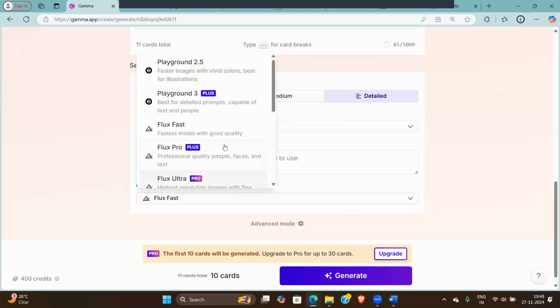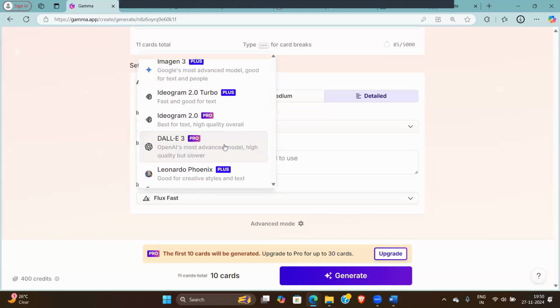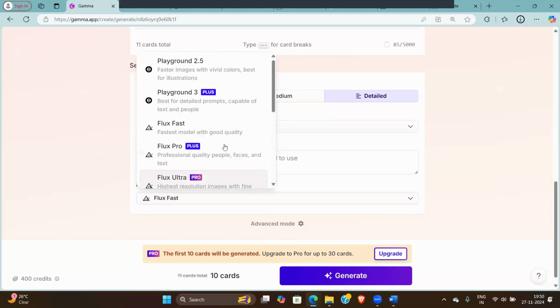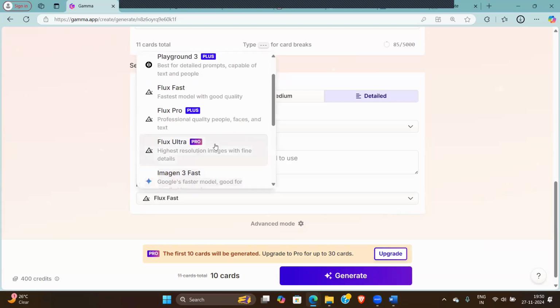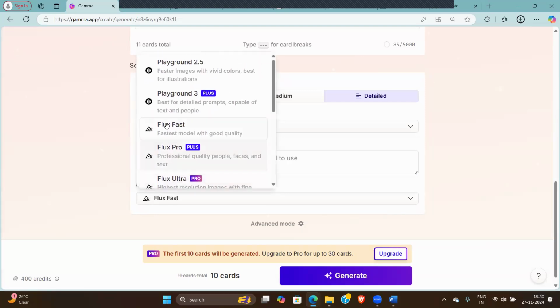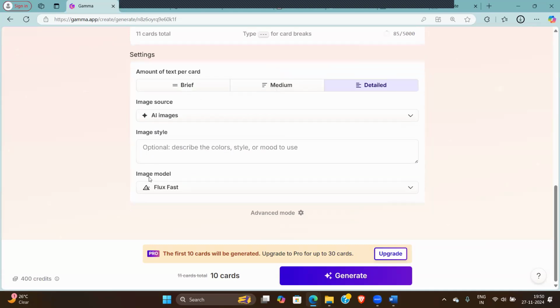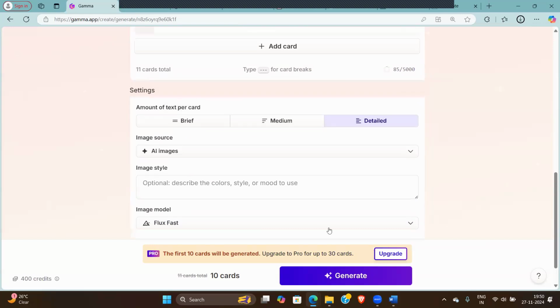And the last one is the image model. So which model do we want to use? This is the language model basically. Which one do we want to use to generate the image? Some of them require the premium version, but the basic one will work quite well for this demo here. Okay. Then we have to click on generate,